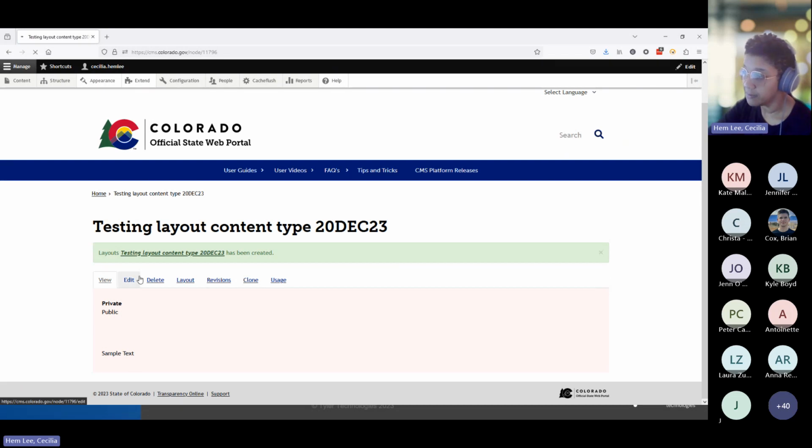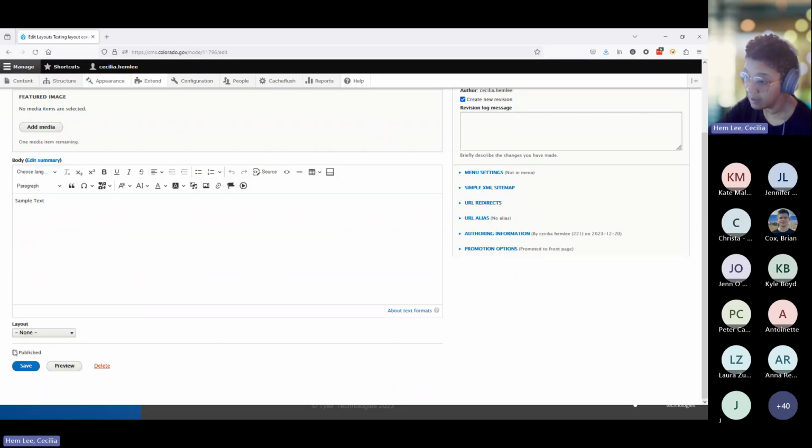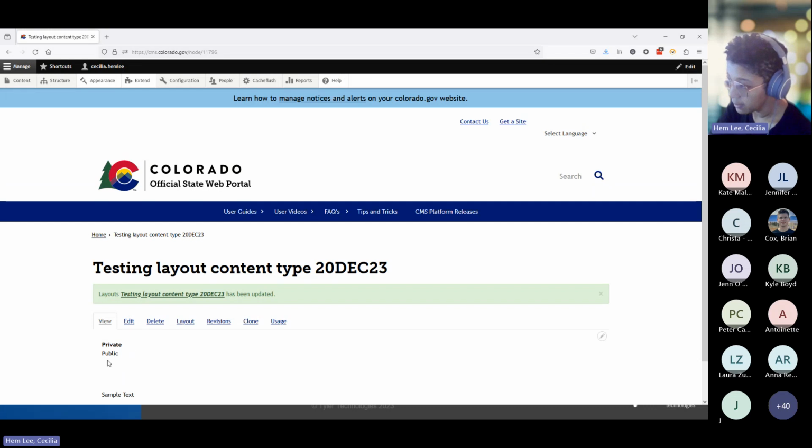If I wanted to publish the page, I could go back into the edit. Then I want to select this, publish, and I want to make sure that I can see it again and it won't have the pink background. Now,